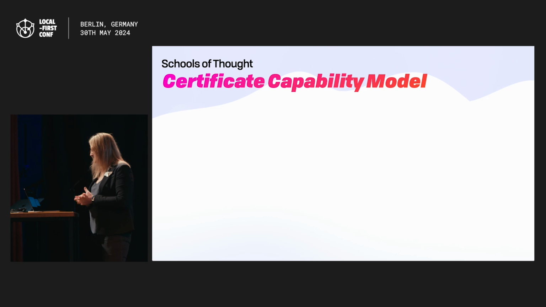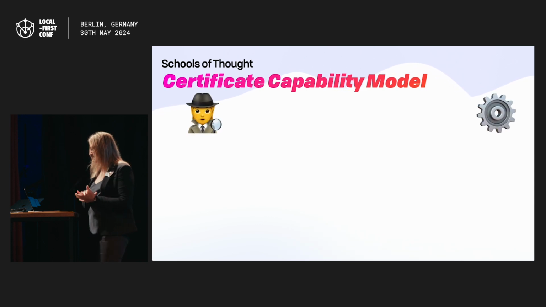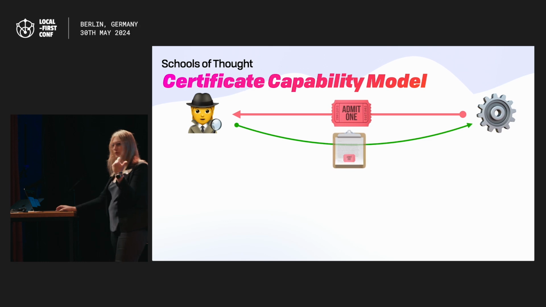The other broad class is called capabilities, and there's a few subtypes, and today we're going to talk about certificate capabilities. So same basic picture, you have a user, they want to access some resource, let's call this an Automerge document, and the first thing you do is you make sure that this resource has a public key and a private key, and it can create a certificate to the user. Great thing about this now is if it receives that back, you don't have to check anything else. It issued it itself.